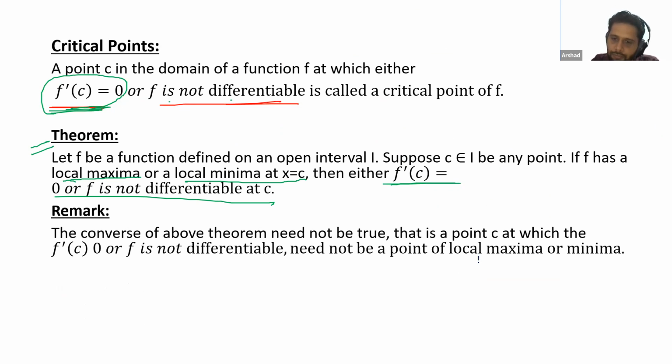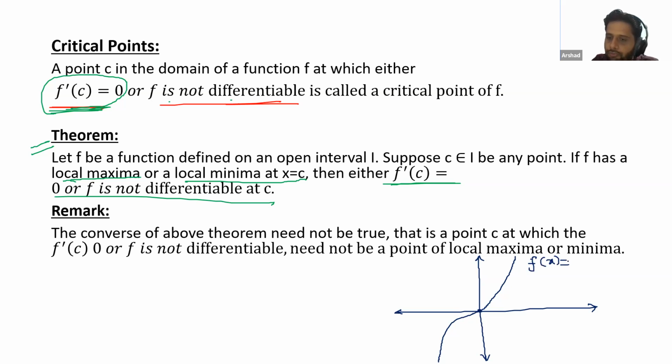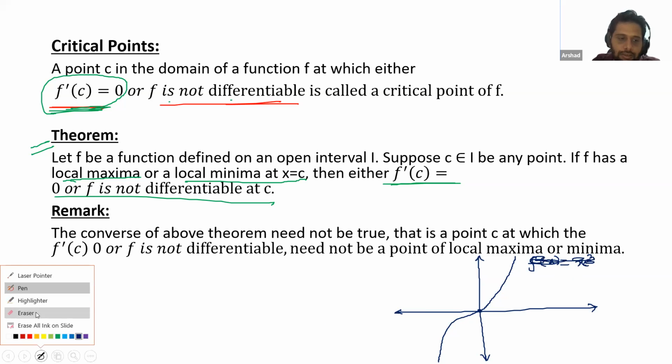For example, we will check this graph. At this point, if you draw a tangent, it will be parallel to the x-axis, and you will get a 0 here. I will tell you what this is. f(x) is equal to x cube. Don't get confused, leave this. So if you see from this graph,